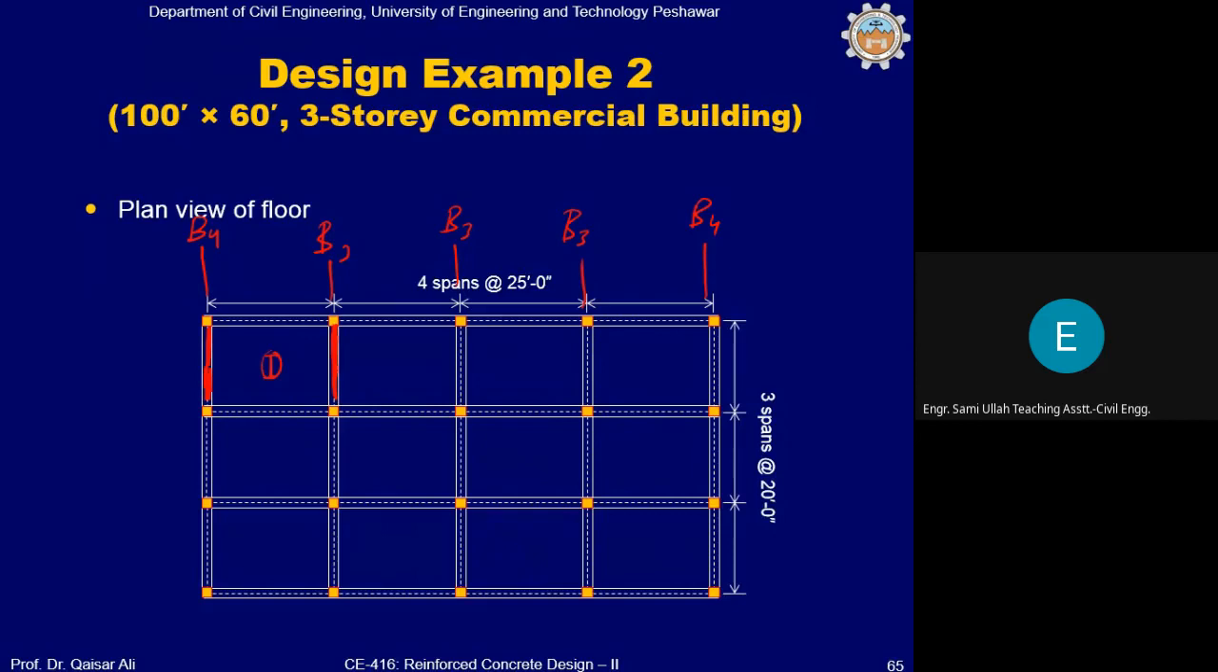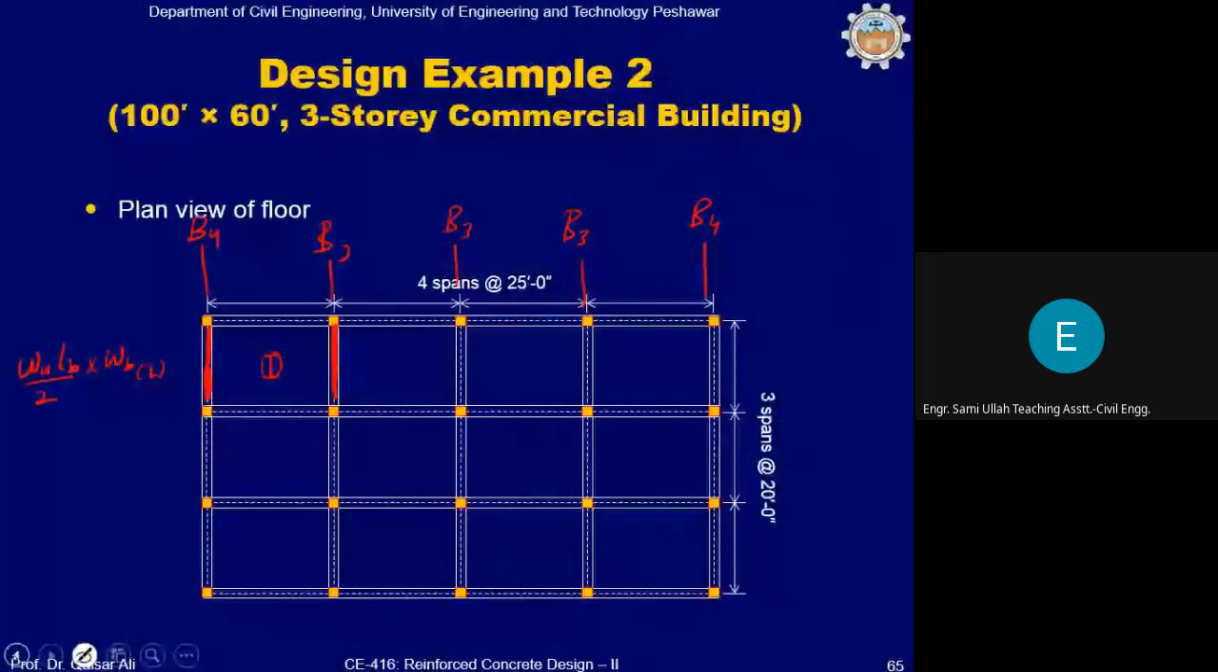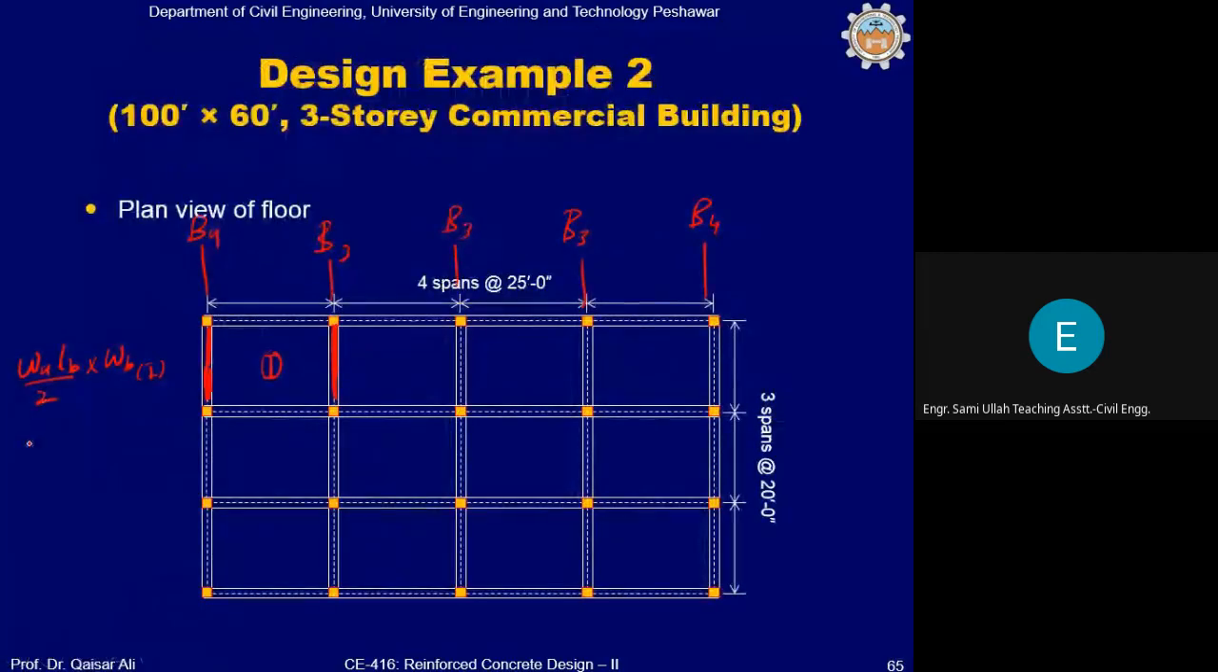So this will be equal to WU into LB divided by 2 multiplied by WB of panel 1. Right? So what is the value? WB of panel 1 is 0.29. So we have 0.336 multiplied by LB is 23.83